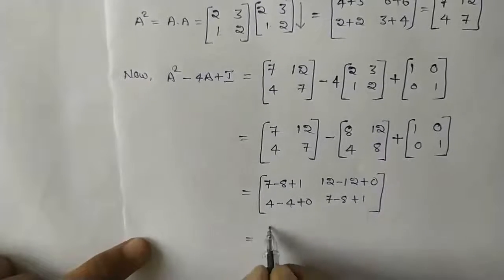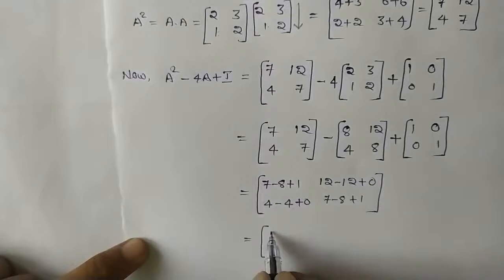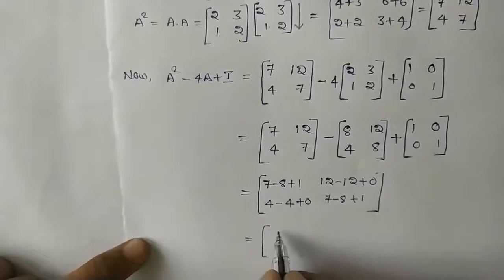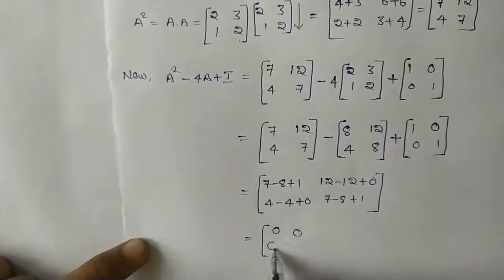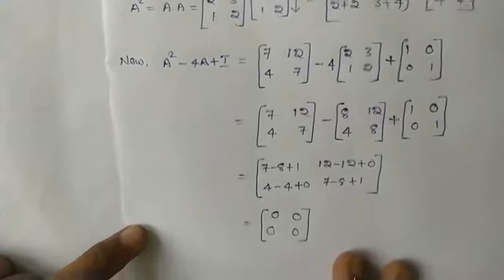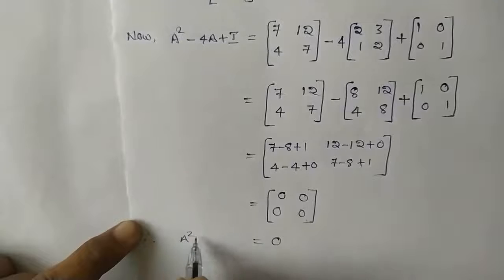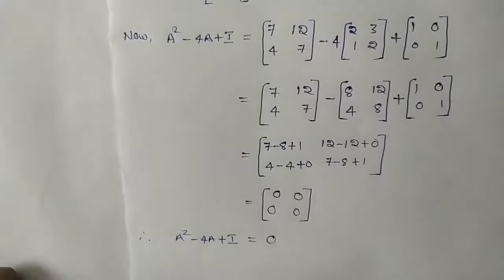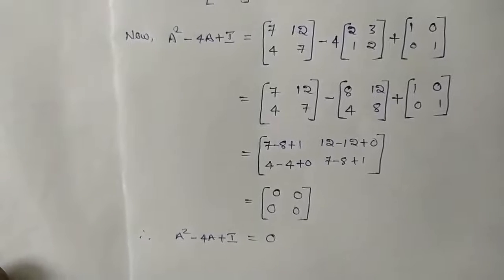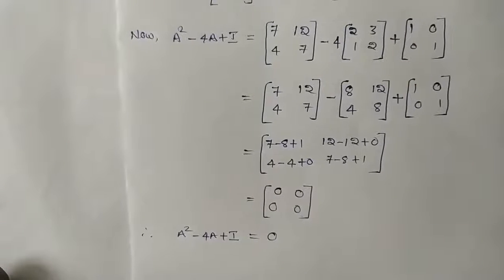Therefore, that is equals to [7 minus 8, 0, 0, 0], which is equals to 0. Therefore, A square minus 4A plus I equals to 0. Hence, it is satisfied. Next, we need to prove the inverse